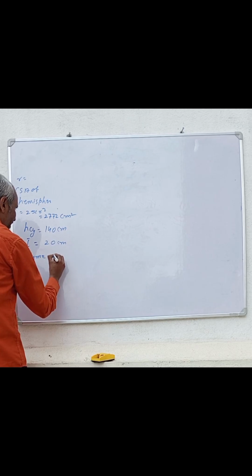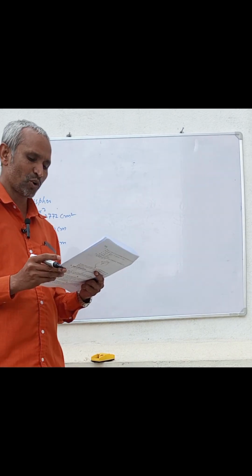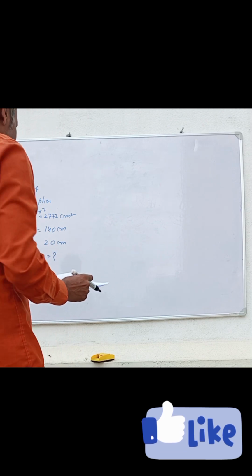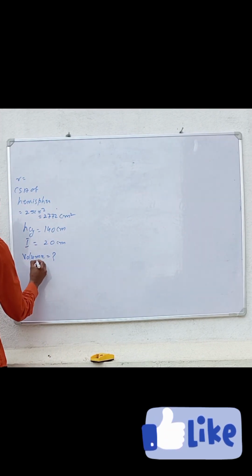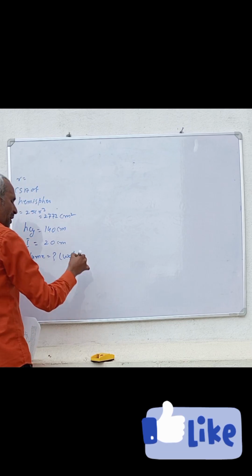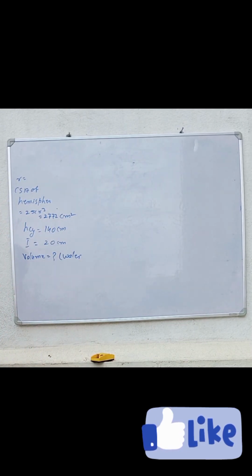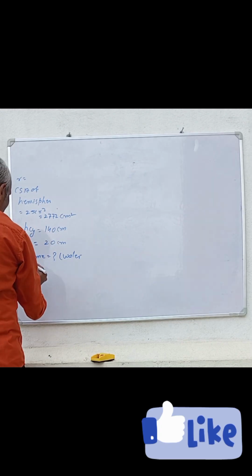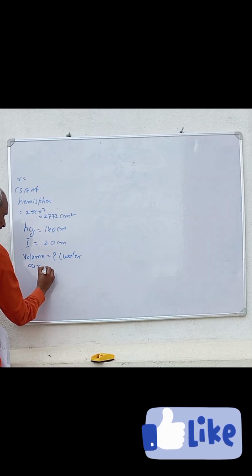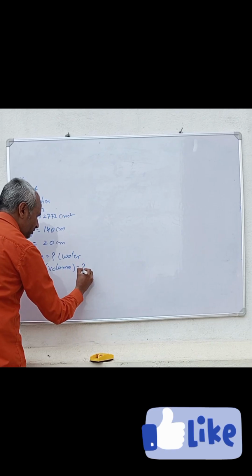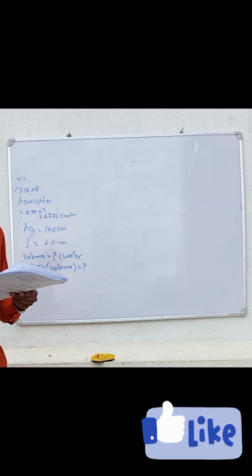We are going to find out the volume, how much water it can fill, and also find the amount of air stored. This is the volume of water, how much water will come. In the space above that, which is in the hemisphere, it will be given how much air there is. That is also a volume. We are going to find the volume of air in the remaining portion of the container.